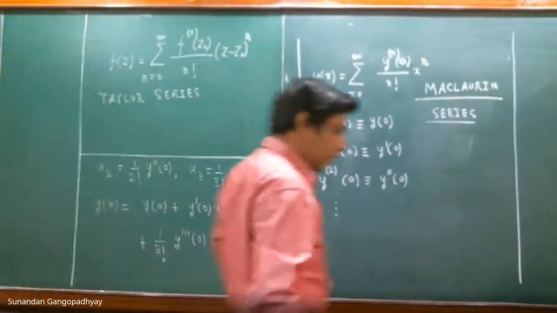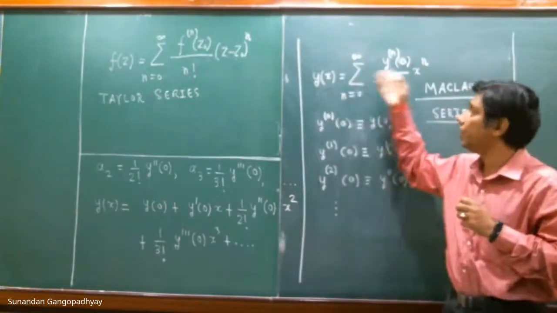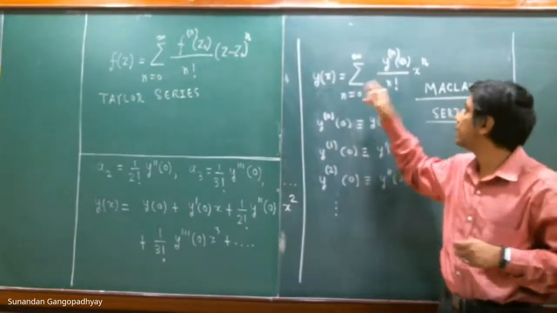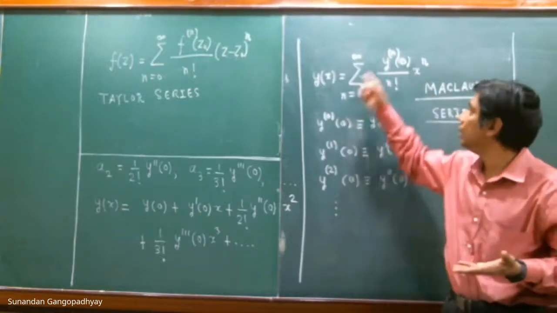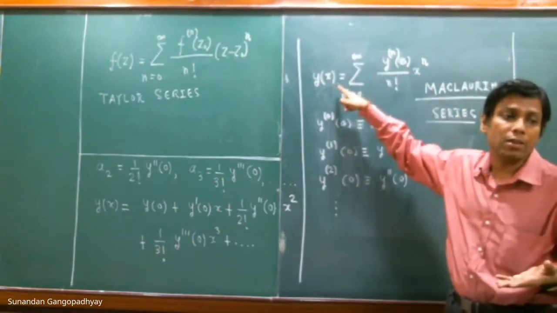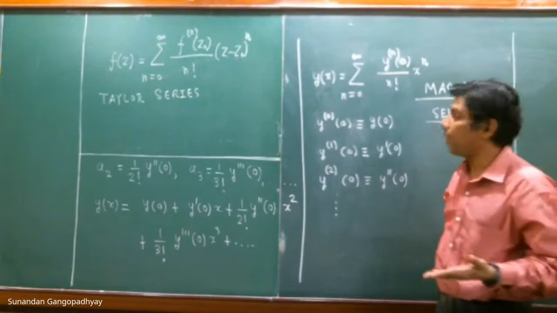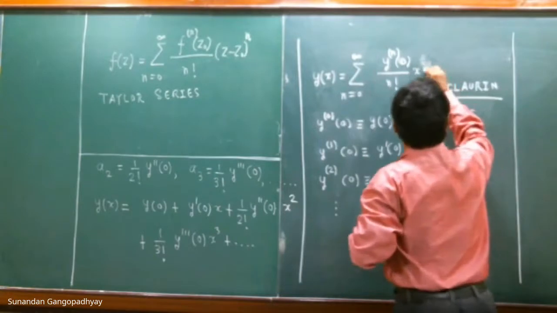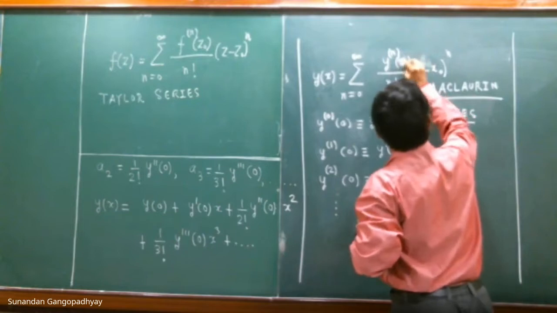So we have seen two kinds of expansions. One is the Taylor series expansion. In case of a function of a real variable, if you expand it around x is equal to 0, then this is called the Maclaurin series. You can also expand it around any arbitrary point which is not equal to 0. So suppose you want to expand it around x is equal to x naught, and the function is differentiable at this point, then only it will admit a Taylor series expansion. Then everything will remain the same. Only thing that you will have is x minus x naught to the power of n, and the zero becomes x naught, and that's it.